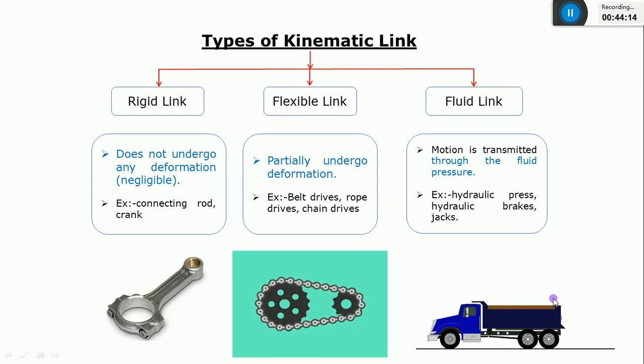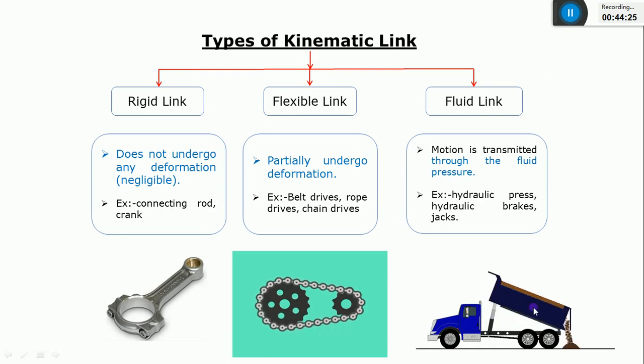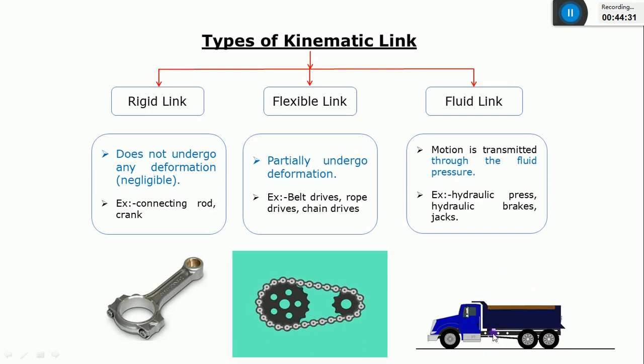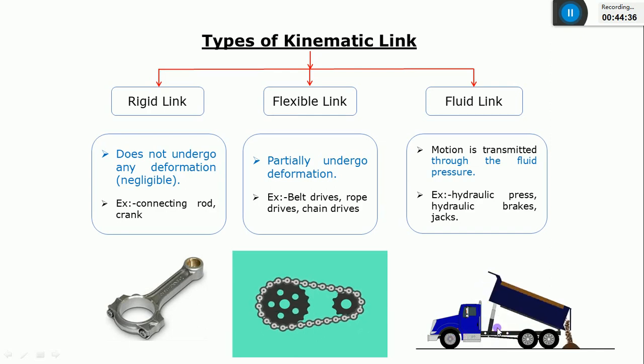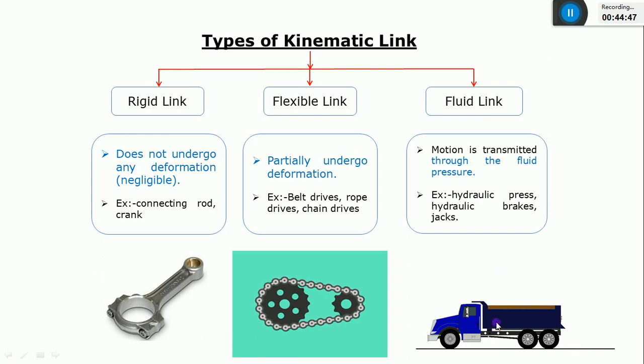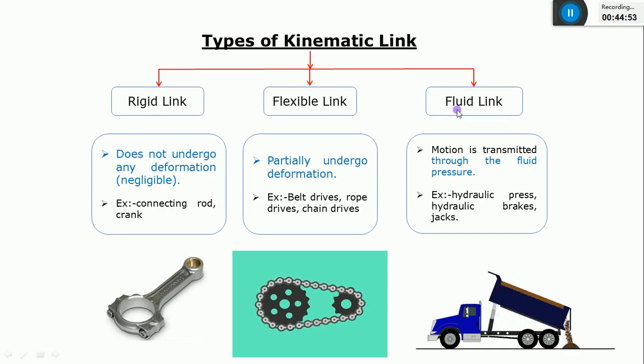You control the motion of the different parts of a JCB with the help of high pressure hydraulic oil. Inside those parts there will be hydraulic oil. Here also, inside this cylinder there is high pressure hydraulic oil, and using that we do some work. Hence I can call that hydraulic oil a link. In this case it is a fluid link, because using that high pressure hydraulic oil, which is in the form of a liquid, you are transferring the force from one point to another. So I can call that hydraulic oil a fluid link.